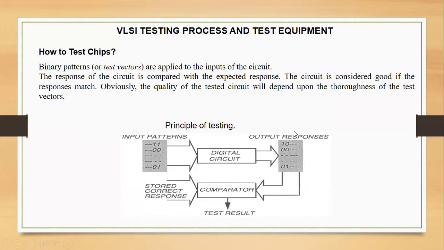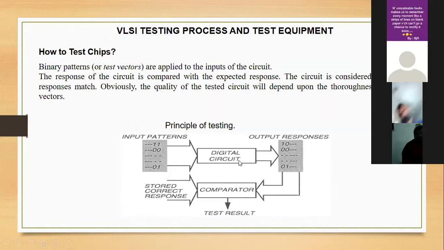Okay, output responses. But when we send this through a digital circuit, what happens if there is any faulty error, or if there is any delay in the processing, or based on the clock signal, or based on the frequency of operation of that device? We are going to define it with respect to the output responses. So within these output responses, what happens?